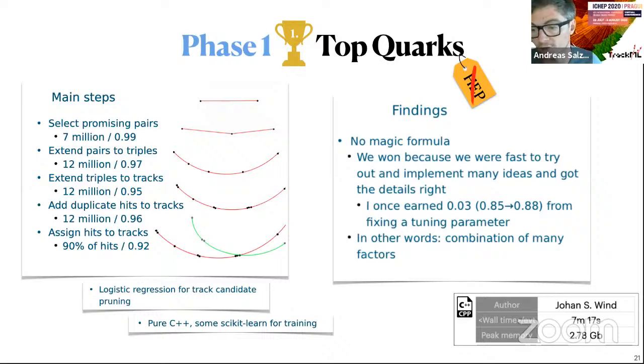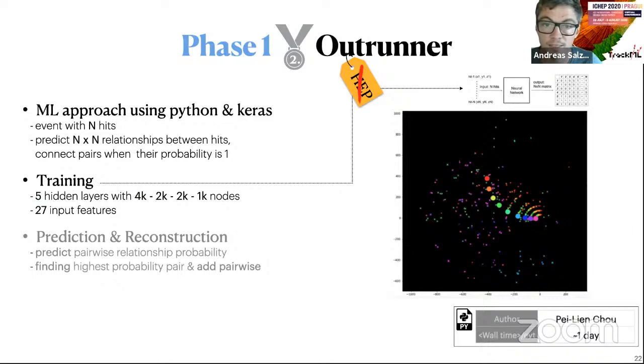And that gave the winning solution with quite a substantial wall time. You see 7 minutes per event, but in the first phase, we did not ask for the speed of the algorithms. That was followed up closely by